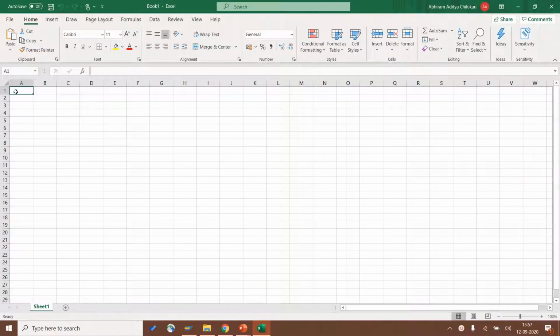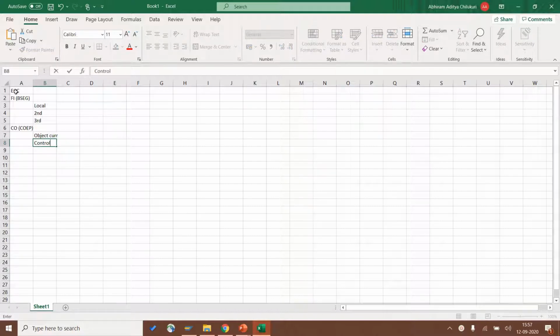In ECC, under FI, which is BSEG, we used to have three currency types: local currency, second currency, and a third currency, which can be global currency or group currency. Under controlling, which is COEP, we used to have object currency, which is the controlling object currency, and controlling area currency.